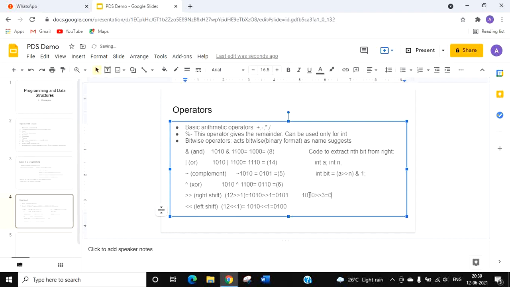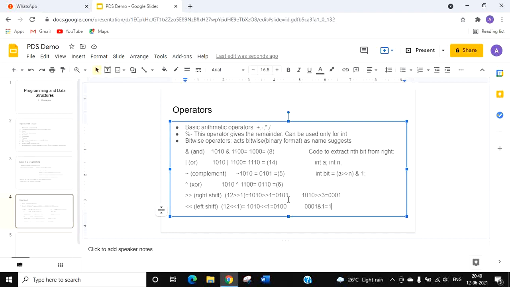If we right shift by 3 places, only 1 will be remaining, and we will then AND it with 1. So 0001 AND 1 would give us 1, because automatically if we just give 1, it fills the rest of them with zeros, and only 1 and 1 gives 1, so we will get the result as 1. So the third bit from the right in 12 would be 1.